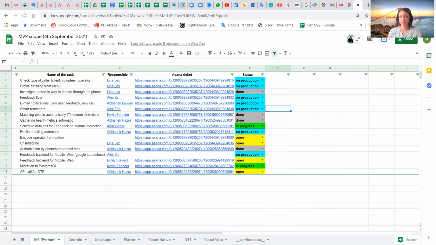And smart reminders, it's a new feature, smart reminders. We have to test this feature next week, and it works like